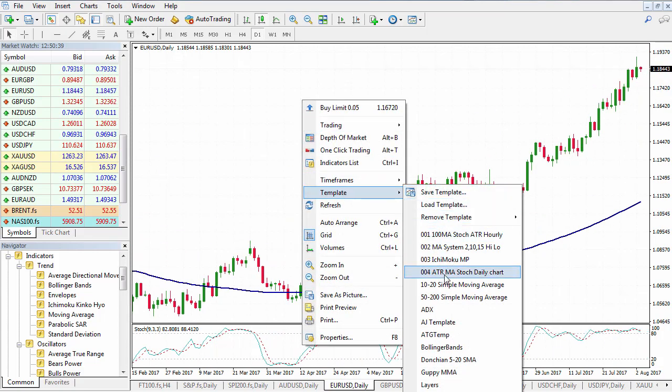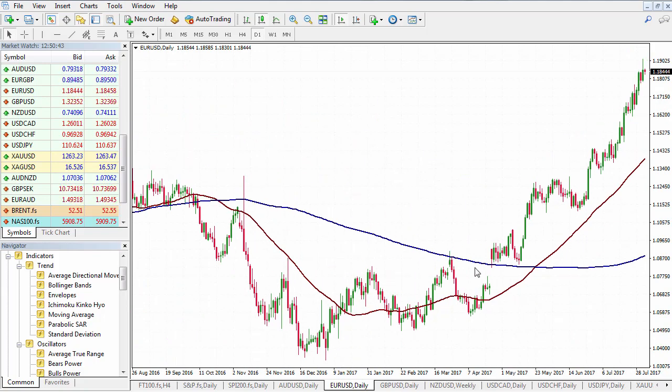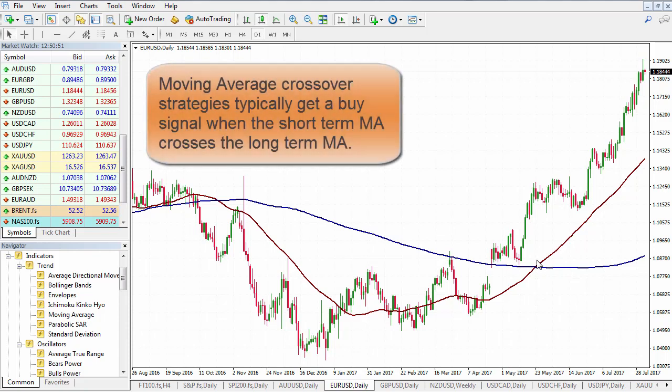They're really for actively trending markets. So I've actually got a template, and I put together a 50 and a 200 simple moving average there. So what you're looking for, you've got the 50 period short-term moving average, and we're looking for it to cross over the long-term 200 period moving average. That's the cross there. So with moving average trading systems, you tend to wait for the cross, and then once you've got the cross, there's a number of ways you can confirm it, whether you want to, as it crosses,